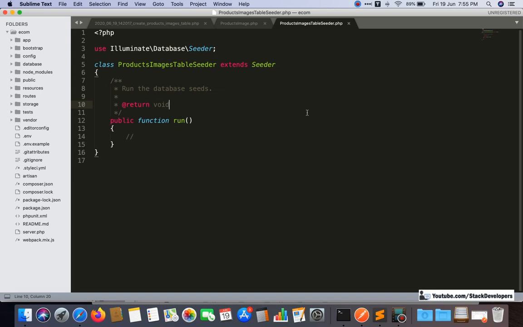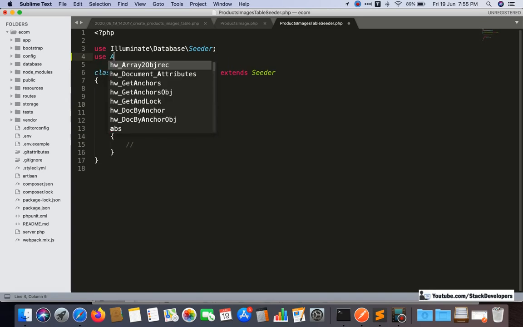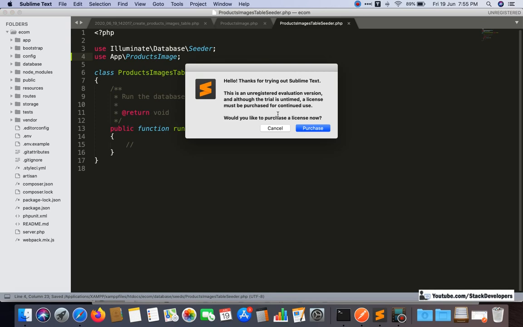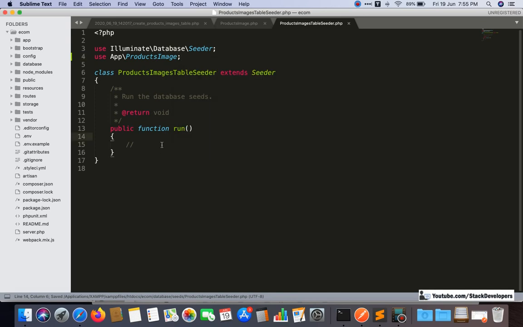Now we will add one entry here. First of all, we will attach our model, use App\ProductsImage, and here we are going to add one record, $productImageRecords, or you can simply name it $records, there is no issue.